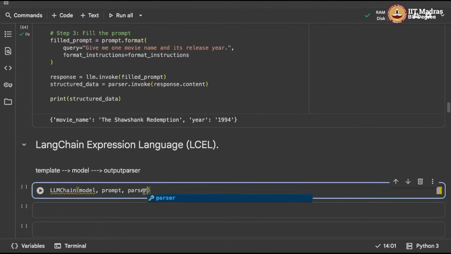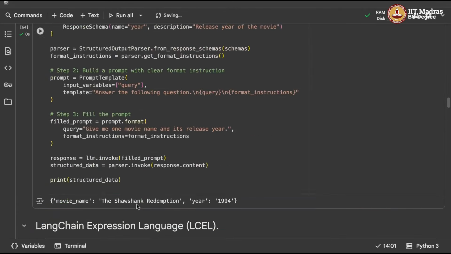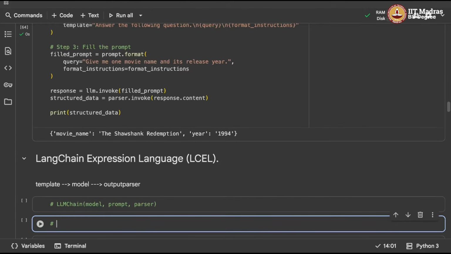But it has now been deprecated. So they have replaced these methods with an operator. To create such things, they now have the pipe operator,